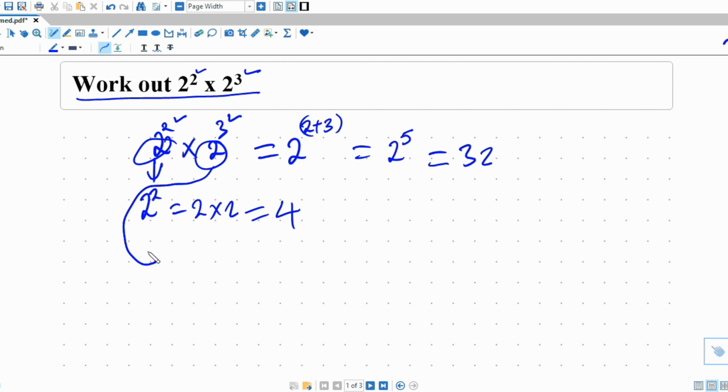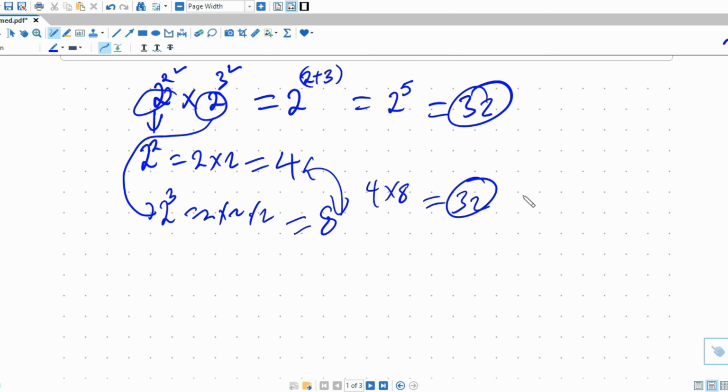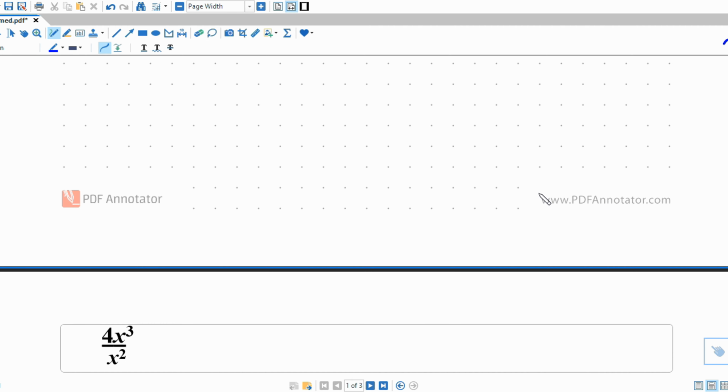While 2 raised to 3 is 2 times 2 by 2, which gives us 8. And if we multiply 4 by 8, it also gives us 32. You can see the results here are still the same. Now, let's look at another example here,